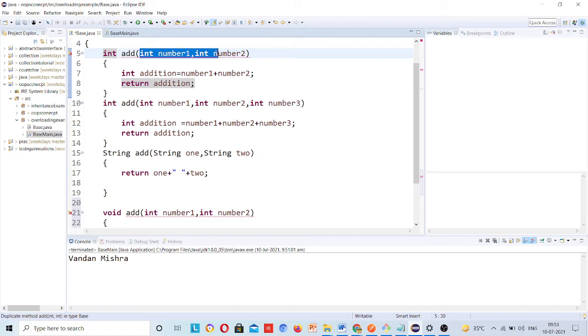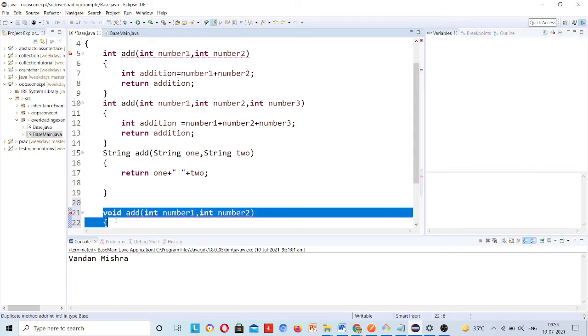So you cannot say that I have a different return type, that's why it's overloading. Overloading does not mean a different return type. Overloading means a different data type inside the parameter or a different number of arguments inside the parameter. Maybe an interviewer will ask you this to put you in a confused situation: is it overloading?